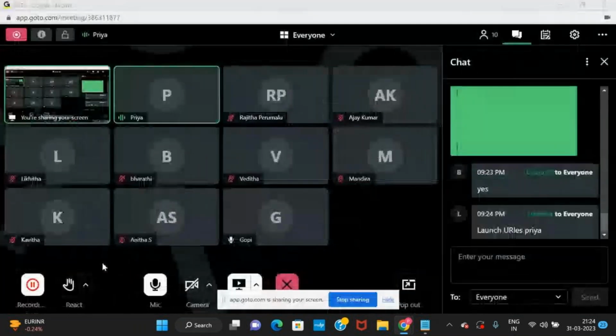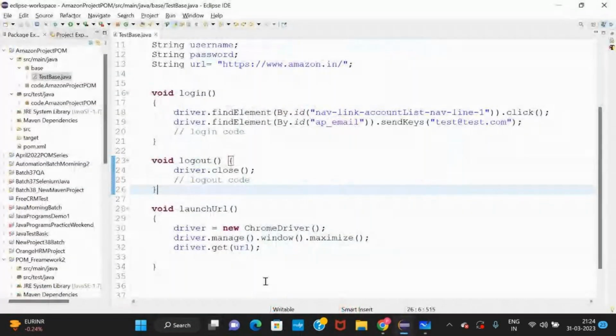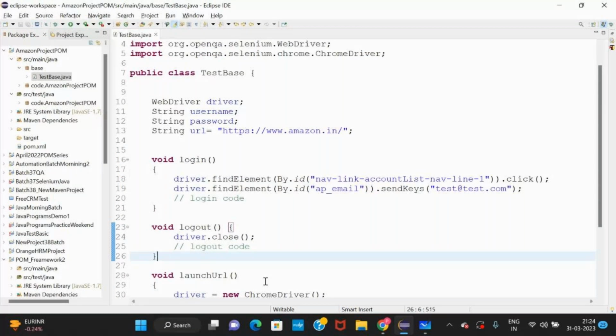So this is very important, guys. For sure you will get this question: what is your framework? What are the components in your framework? You have to first start with test base. If you start with test base, an impression is created that you know what a project is and what a framework is. This will be your first or second question in the technical interview. After the introduction, they will ask, what is your project, tell me your project, tell me your work.